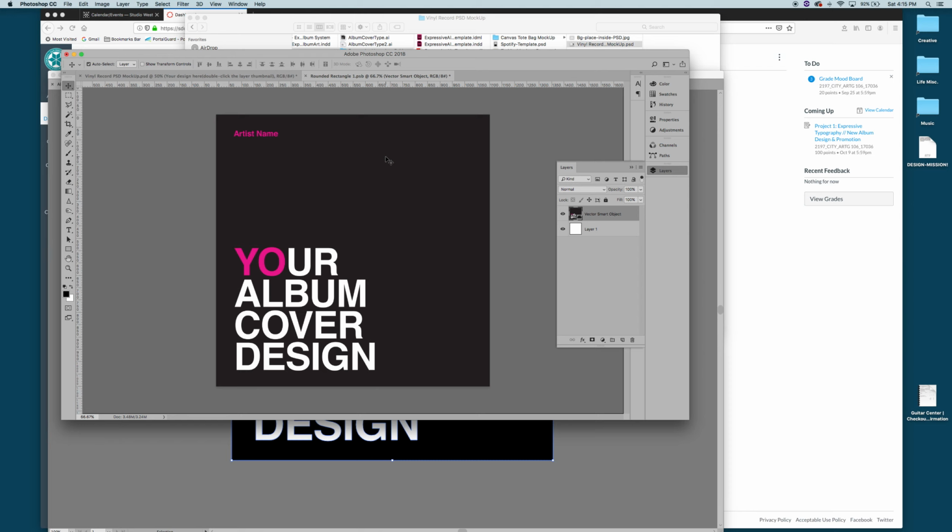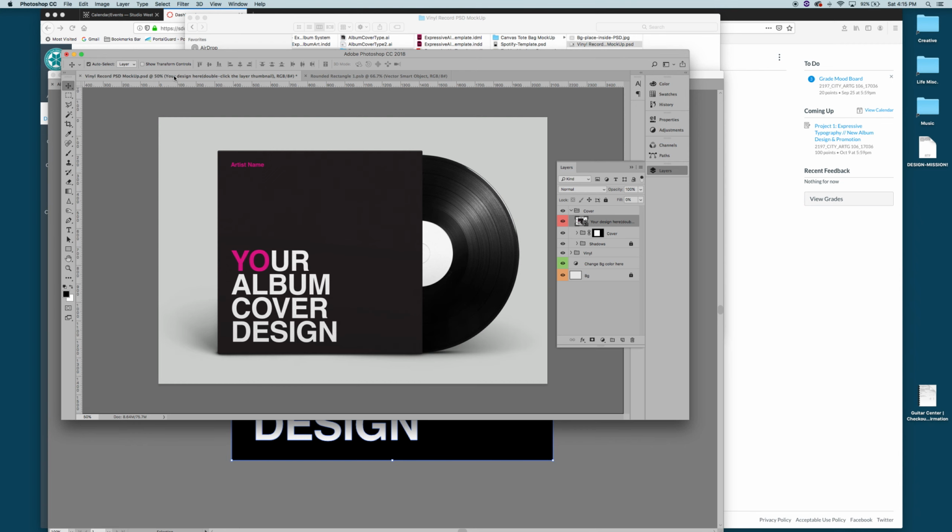Now hit save, Command S for me. When I double clicked on that, it opened up a new tab, which is what we're working on now. Click back on this tab after you save, and there's your album cover, okay? It's that simple. So you can just close up that little group there, the cover folder, the cover group,